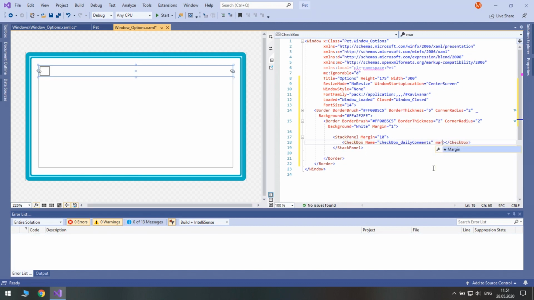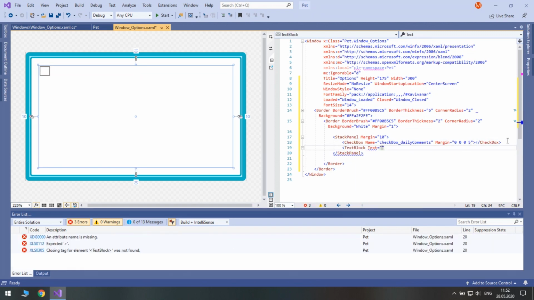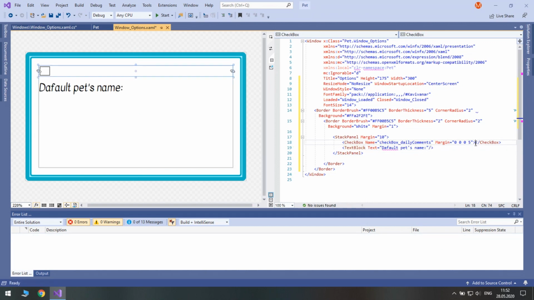Let's set its margin just to separate it from the control below it. Let's add a text block like text default pet's name. Now also we need a text for this checkbox.